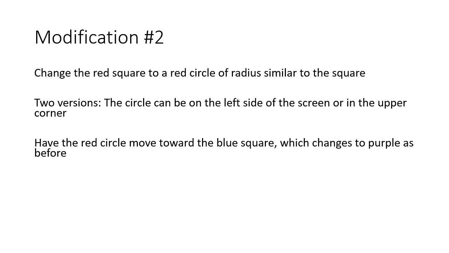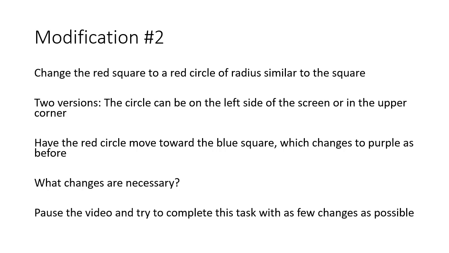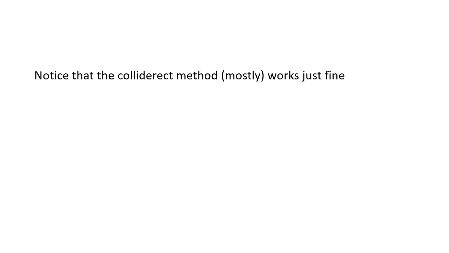We still want the red circle to move toward the blue square, and the blue square to change to purple, just like we've been doing so far. Whilst the circle is overlapping, the blue square turns purple. So let's think about what changes are necessary there. Once we create the circle instead of the rectangle, using the collide rect method, or the other way, the manual